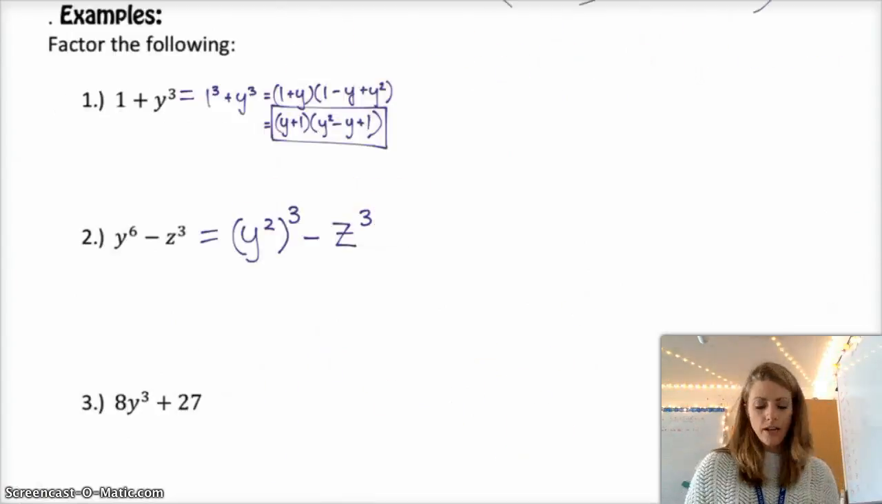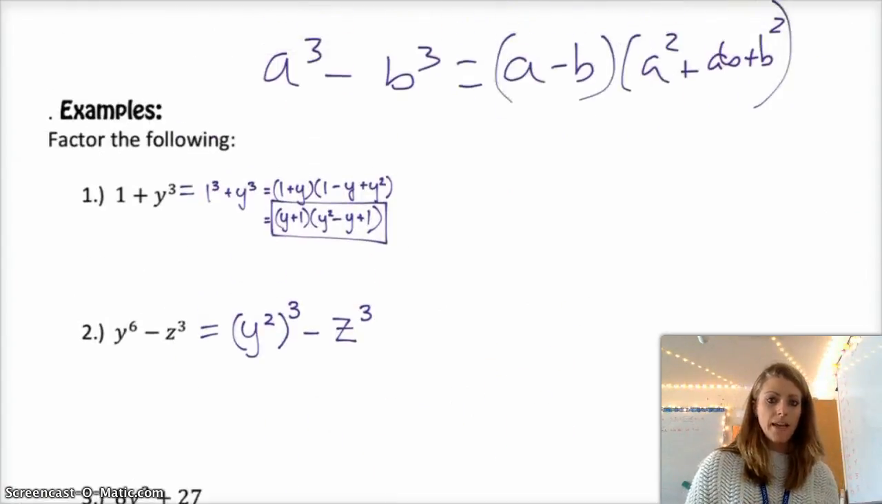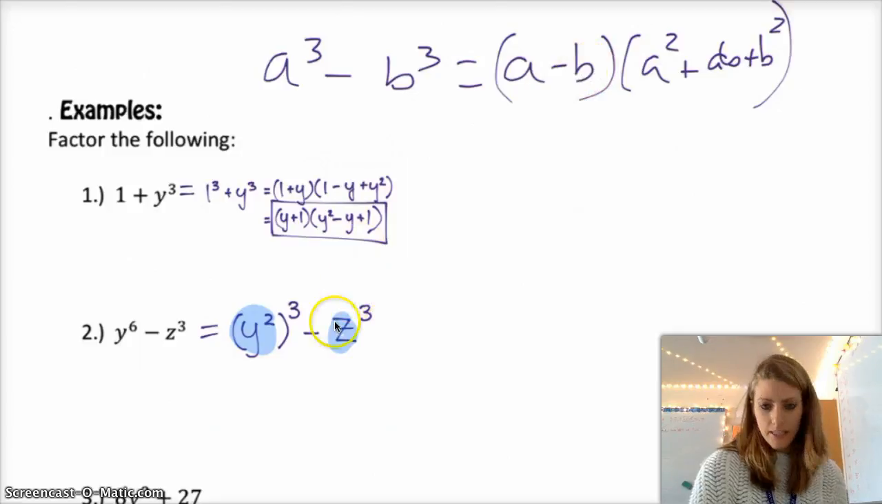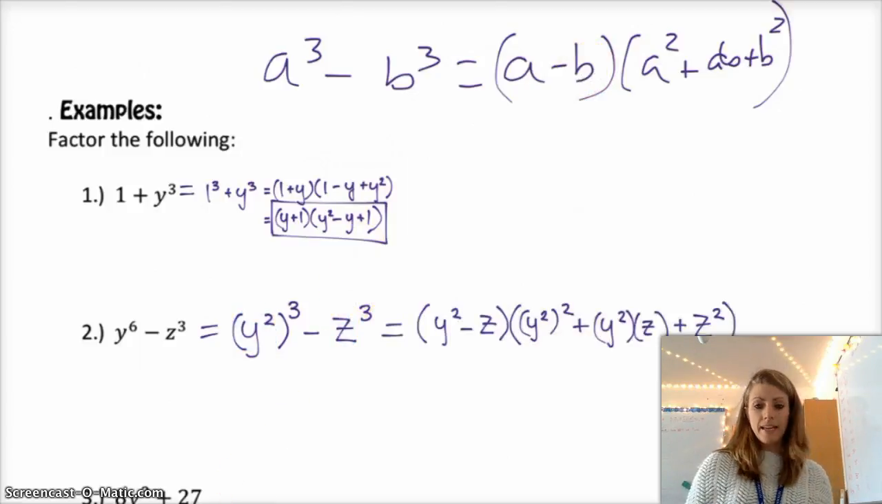two perfect cubes. So now in this case, my a term is y squared, and my b term is z cubed, and I'm using the difference formula. So I just plug those into the formula. Where I see an a, I plug in y squared. Where I see a b, I plug in z. And first go of it, I get y squared minus z times y squared squared plus y squared times z plus z squared. And then you can simplify that a little bit, and that's how you factor a